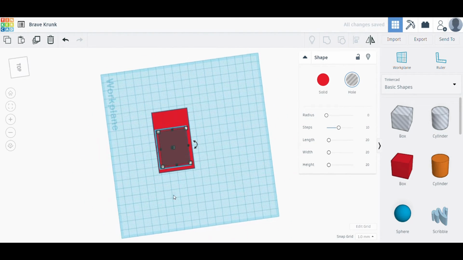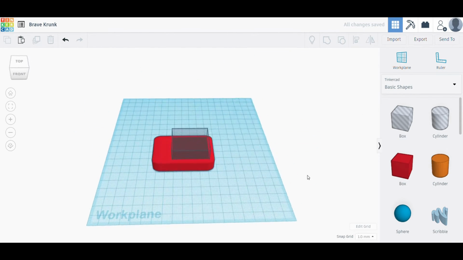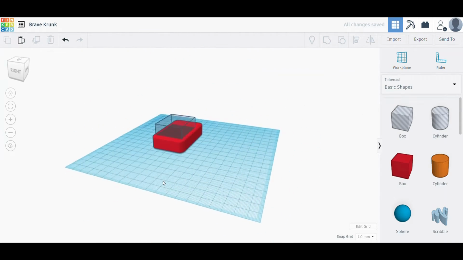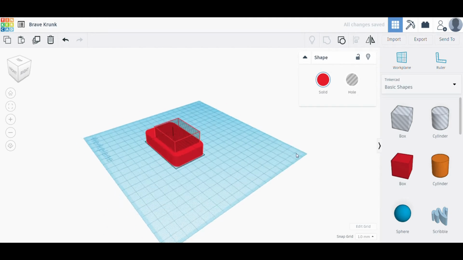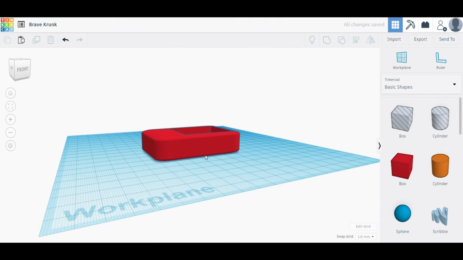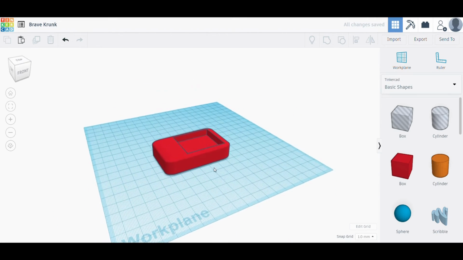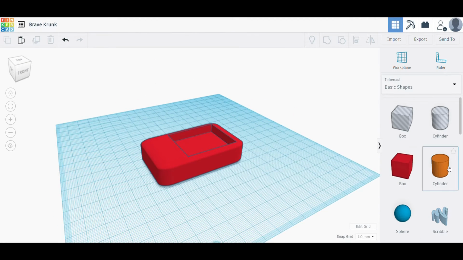Now all we have to do is first bevel this up so that we can see some curves around our box, and then we can group it. Now just checking from all sides, and we will group it. Now you can see we have got decent space inside our block.